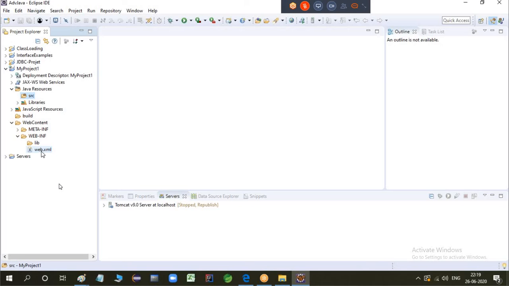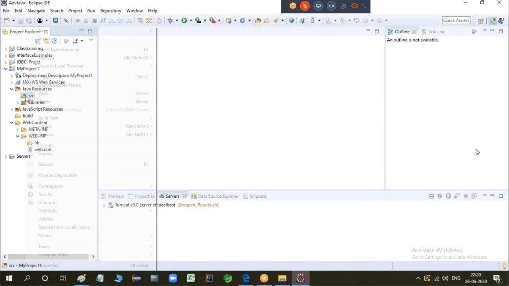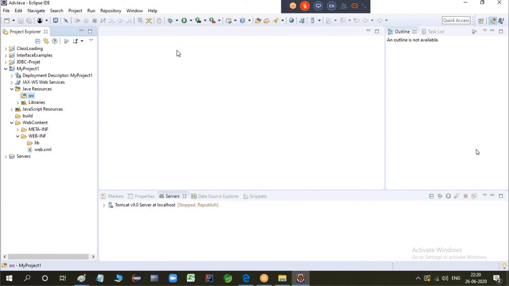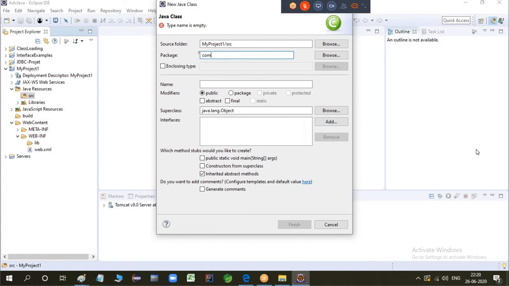Next, you can go for deployment descriptor file where you can map your servlet classes to it. Now you don't have to write the class, compile and copy and paste it inside another folder. It will automatically be done. Next, so let's quickly create a simple class and try to execute that. New, you can just go for the class, write a class and extend to a servlet or extend to HTTP servlet, like some package name you're giving and some class name.